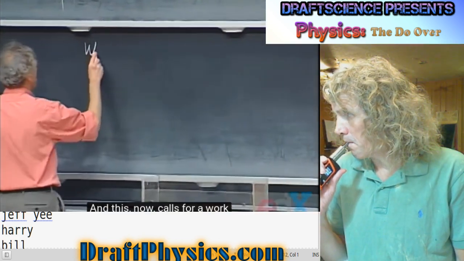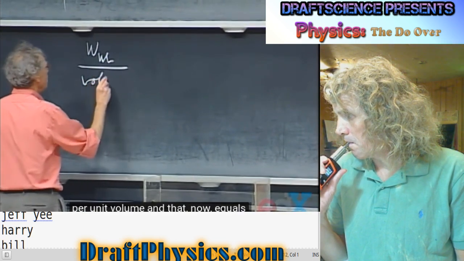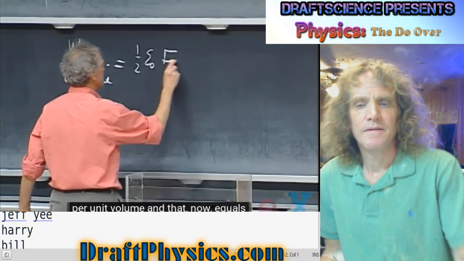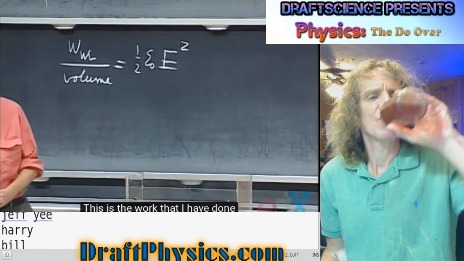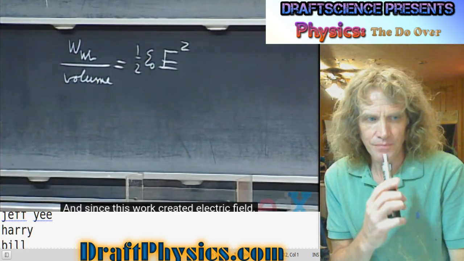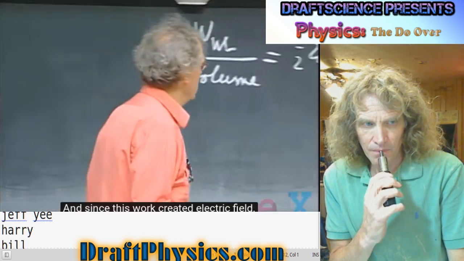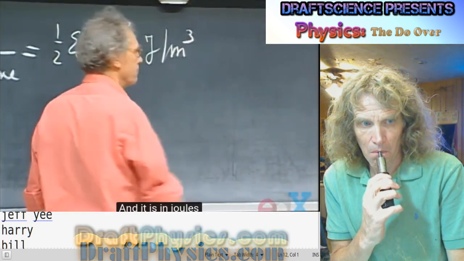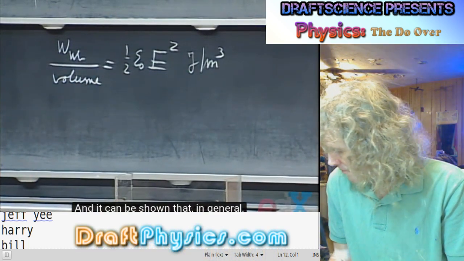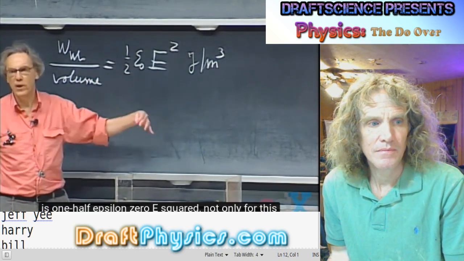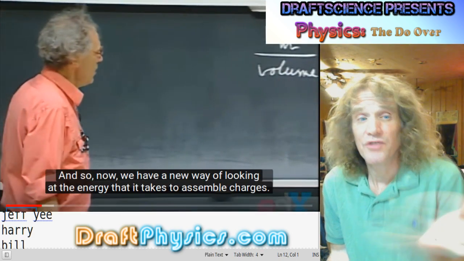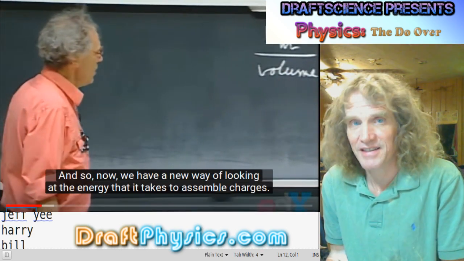The work done by Walter Lewin per unit volume now equals 1/2 epsilon 0 times E squared. This is the work that I have done per unit volume. And since this work created electric field, we call it field energy density. And it is in joules per cubic meter. And it can be shown that in general, the electric field energy density is 1/2 epsilon 0 E squared, not only for this particular charge configuration, but for any charge configuration. And so he did use the word in general,